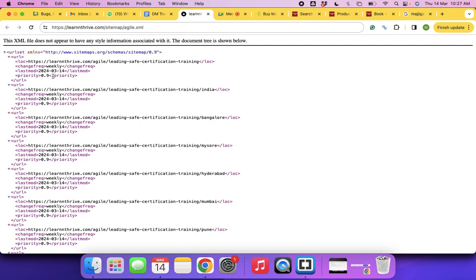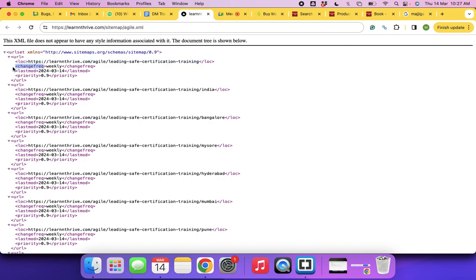Like the URL, these are the guidelines. You will write the first URL set xmlns and something like this, and for every URL I'm telling that I'm going to speak about the URL opening tag. For every opening tag there will be a closing tag, and then the location: I'm telling where the content is, that the content is sitting in this location or path, and I have closed the tag.